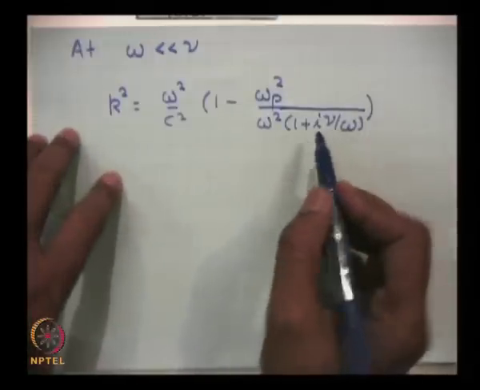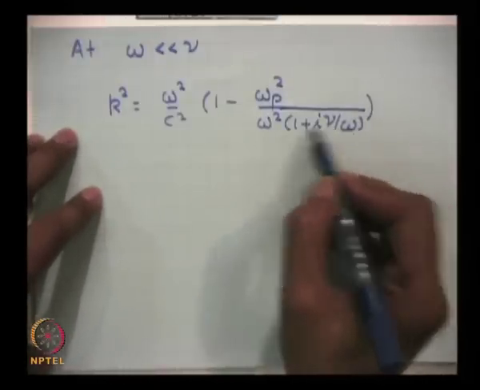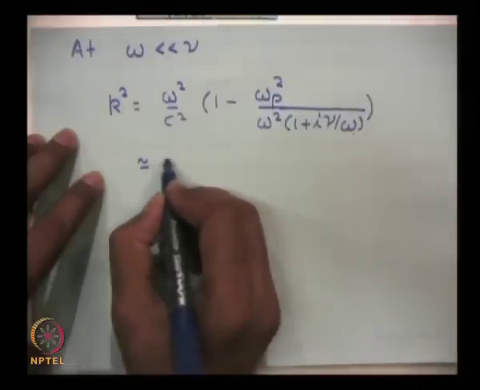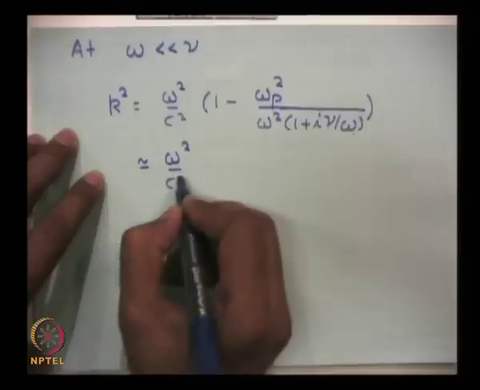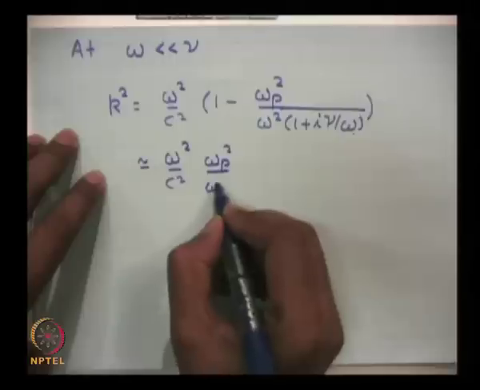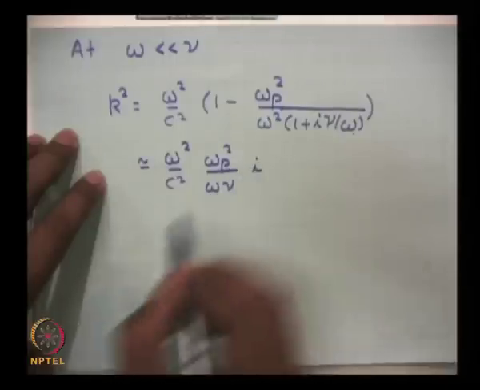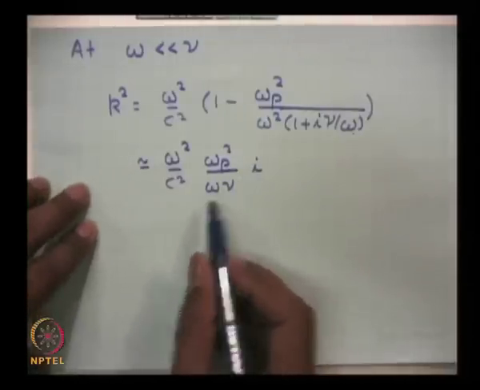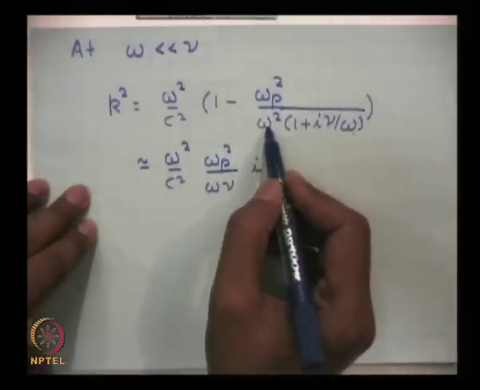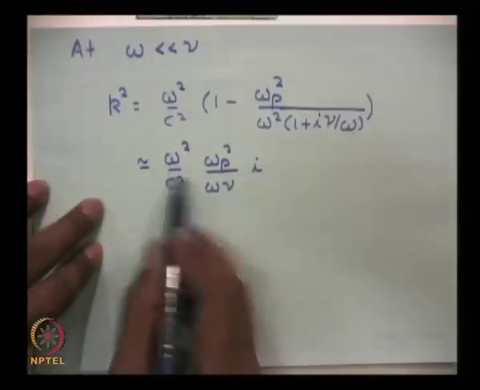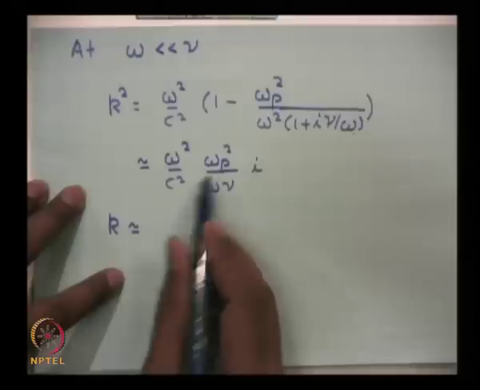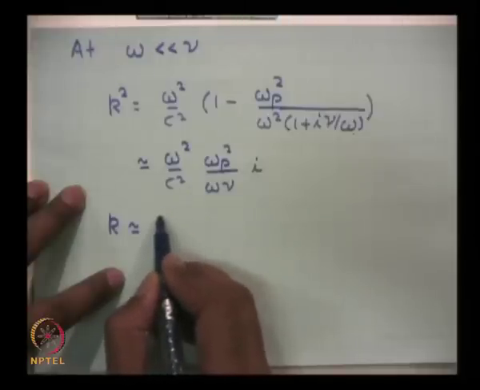What I have to do? I am choosing nu much bigger than omega, so I can ignore this one, and this becomes of the order of omega square by C square into omega p square upon omega nu into I. I have ignored 1 as compared to this term because this term becomes very large when omega is very small. So this is the typical thing, and Ki becomes of the order of, take the under root, it becomes omega